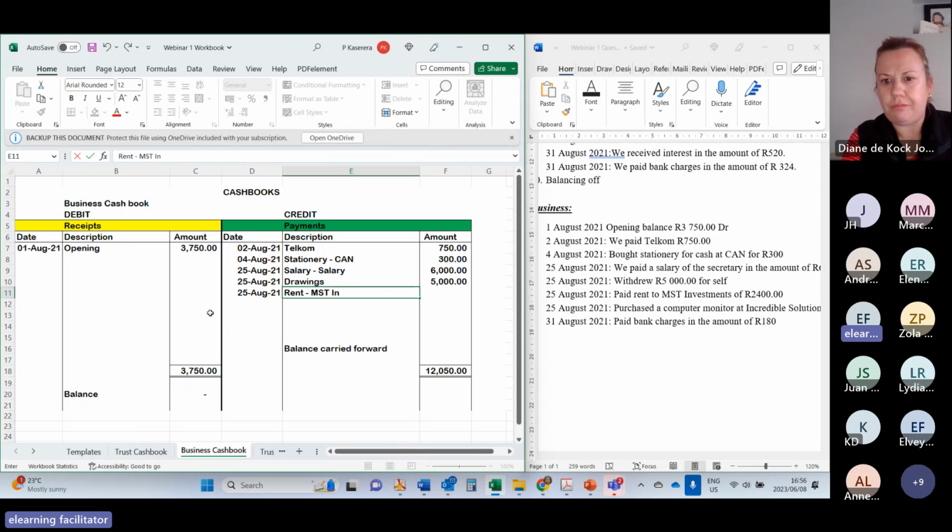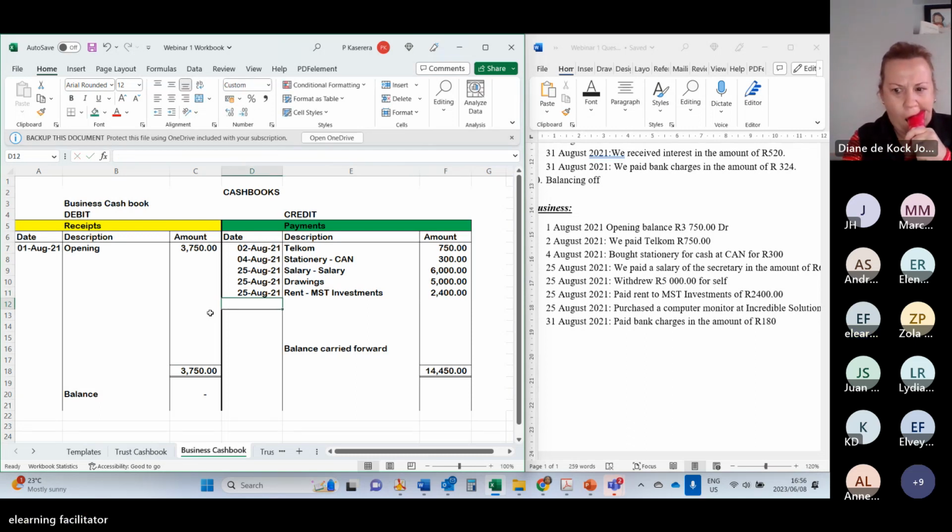Okay, 25 August again, we pay MST Investment for our rent. How much? 2,400. And 25 August, we purchase